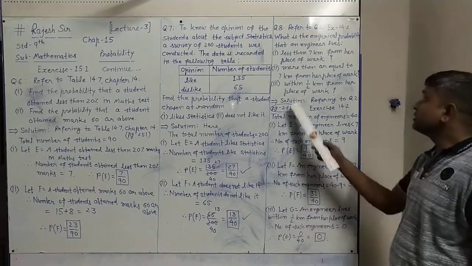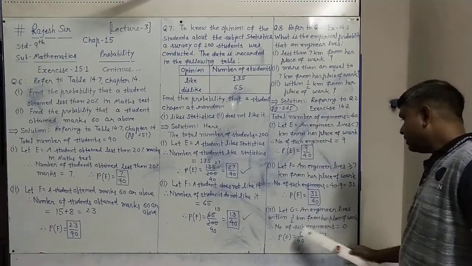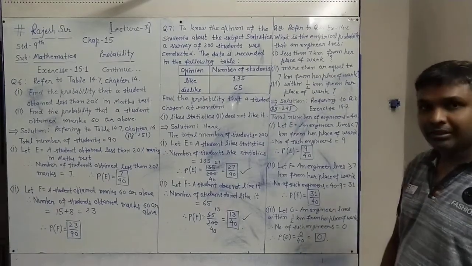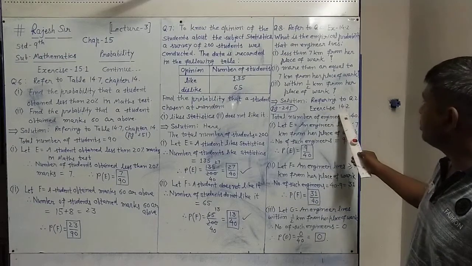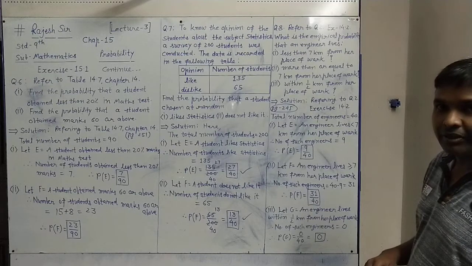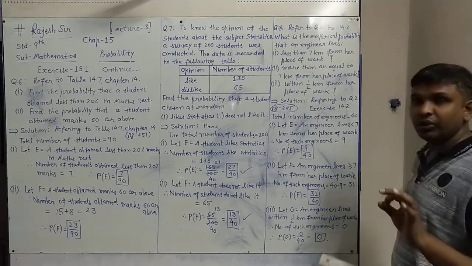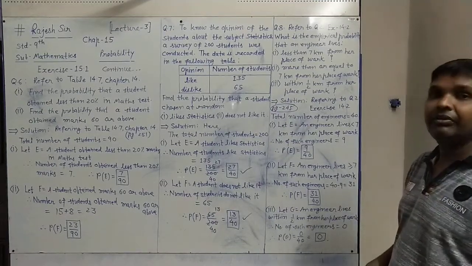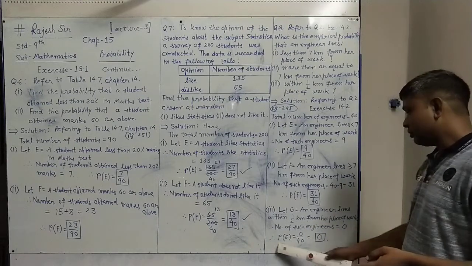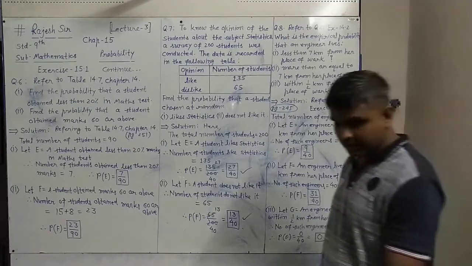The third question is within half a kilometer from the place of work. So let G equal an engineer lives within half a kilometer from her place of work. As we have seen in question number 2 of 14.2, less than half a kilometer distance is not given anywhere. So the number of such engineers is 0. No engineers are living within half a kilometer. So P(G) equals 0 upon 40, which is 0. So 0 is the probability here.